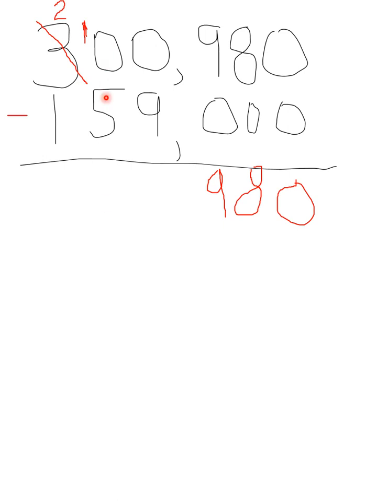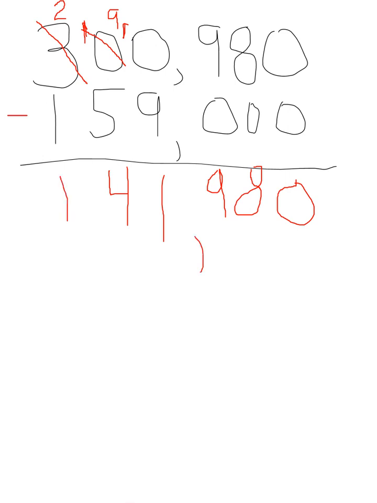So I'll go ahead and make that now 90,000 and add 10,000 over here. See what I did? 10 minus 9 is 1. 9 minus 5 is 4. 2 minus 1 is 1. So my answer is